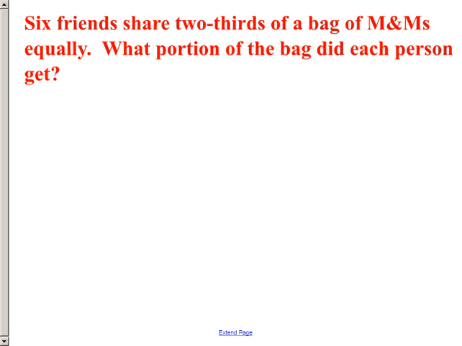Now just for a minute, I want to look at that same problem, but I changed one thing just a little bit. I said now we're going to share 2/3 of a bag of M&Ms. So now it's 2/3, and I'm still sharing with 6 people. And I want to point this out to you because sometimes people would have a little bit of a problem with this one. This would be a little bit harder